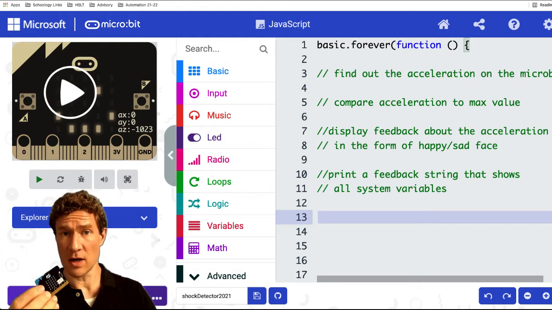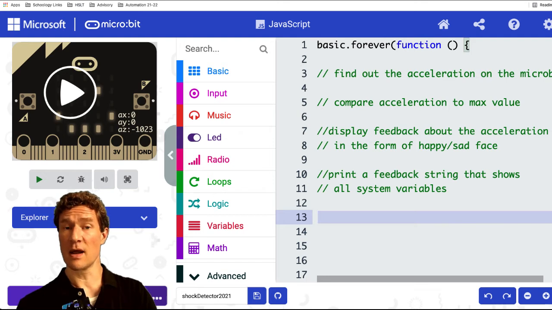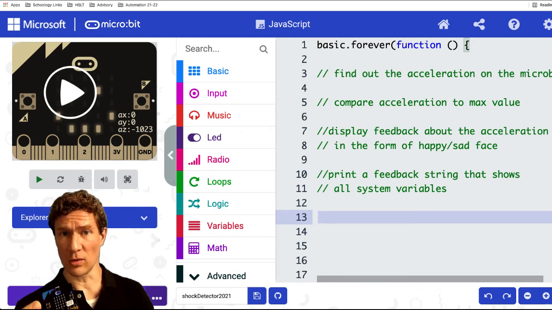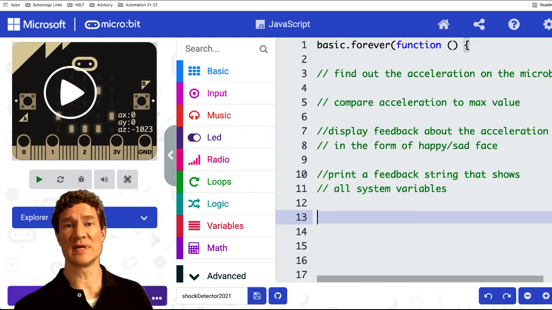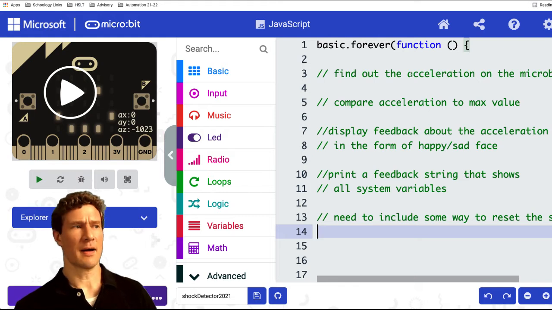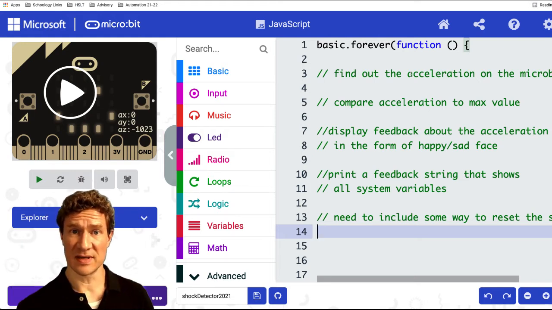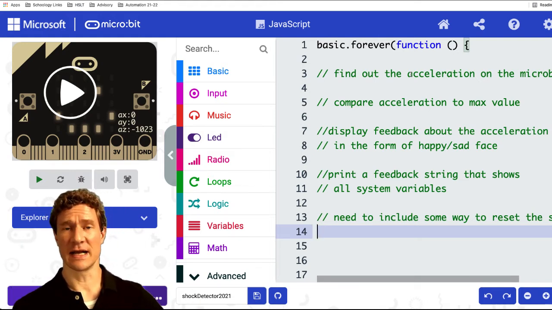So I also want coding here that's going to make it so that when maybe I hit the button and hold it and release it, that resets the system so that I have the happy face and I can use this device again. So I've now identified some specific tasks, 5 things that I need to include in my program,